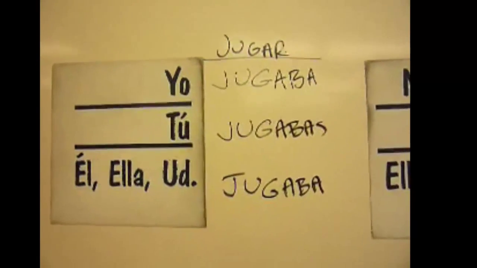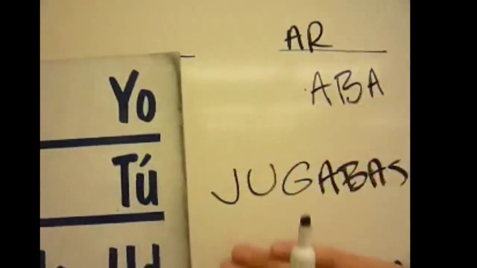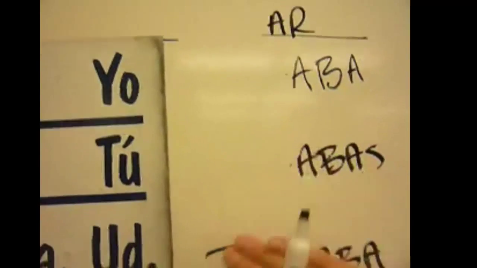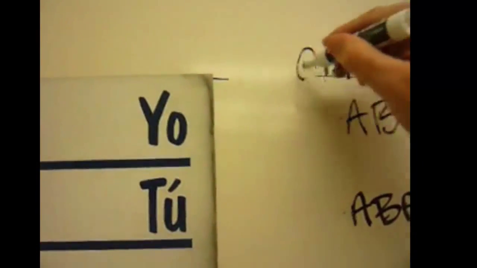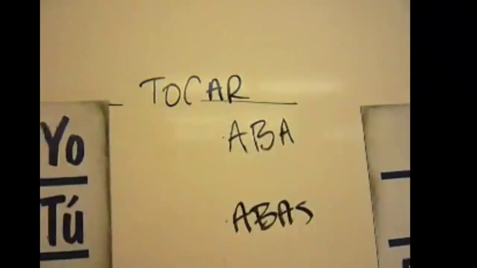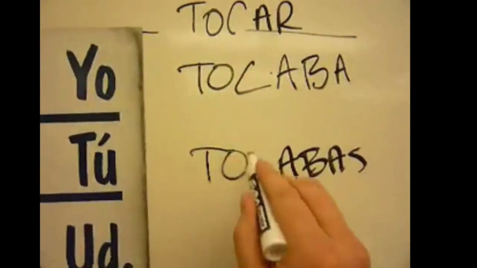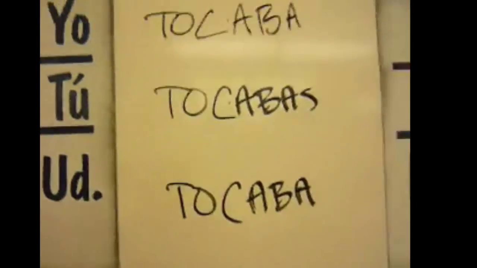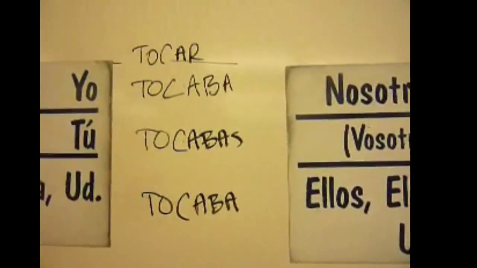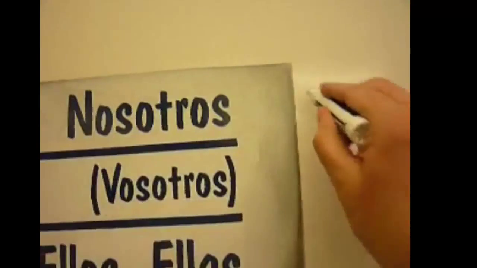Okay? Let's throw in a different verb. Take a look at another one. Now again, jugar, imperfect, things that used to happen or that were happening when something else happened. Tocar, like the piano, tocar el piano. Yo tocaba, I used to play. Tocabas, you used to play or touch. Él, ella, usted tocaba. Okay, so we just use those regular AR endings: aba, abas, aba, abamos, abais, aban. And we just add the stem of our verb. It's as easy as that.